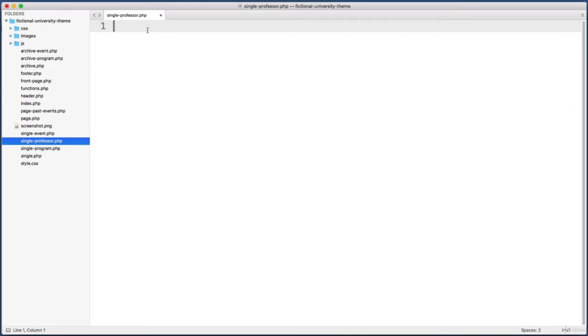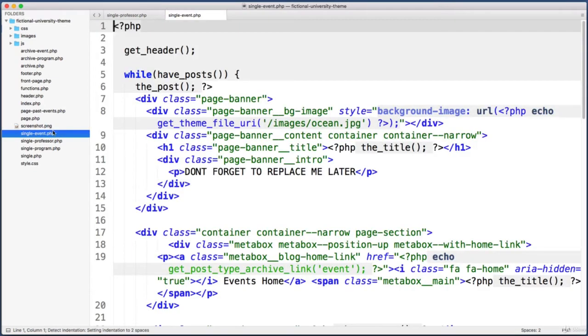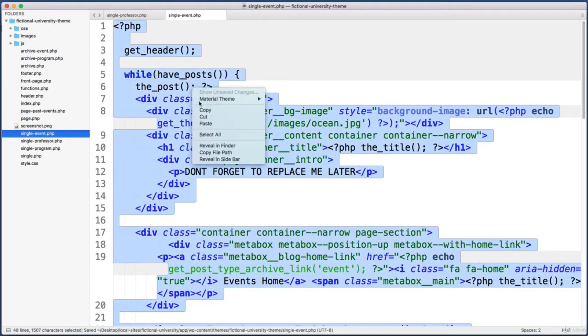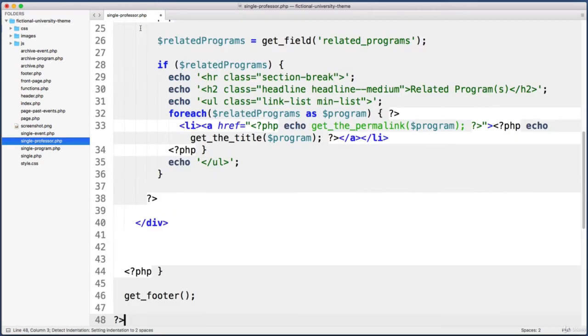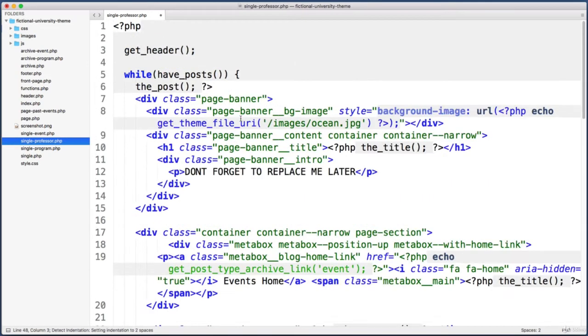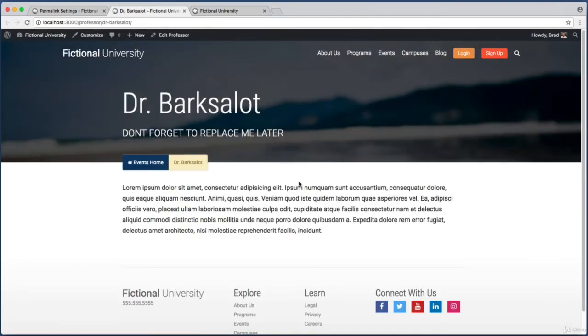So instead of typing out a template from scratch, why don't we use our single-event file as a starting place? So I'm going to open up single event and just copy the entire thing into my clipboard. And then back in single professor, go ahead and paste that in. Let's scroll up to the top. Now if I save this, we see Dr. Barksalot and the content, but we also see this Events Home Dr. Barksalot area, and I don't think we need this meta box at all when it comes to a professor profile